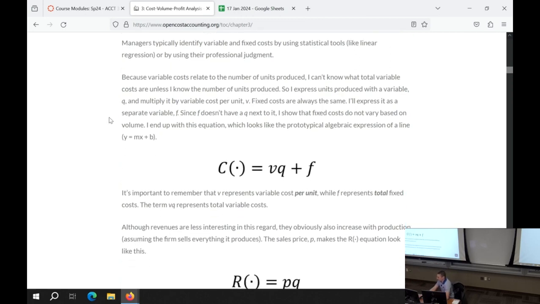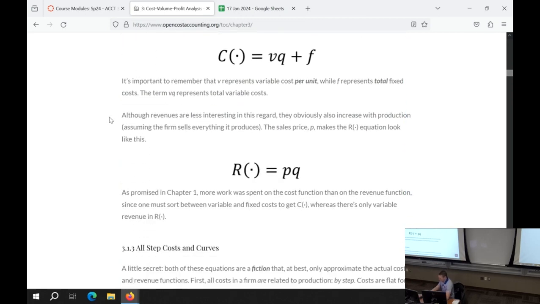Anyway, I'm not fixating on the idea of mixed costs. We can separate them out into variable and fixed components. And here's why I have them. V here stands for the variable cost per unit times the quantity of units. So naturally, this chunk, VQ, is the variable cost, and it goes up and down with the quantity, which is the volume, the quantity of units we're producing and selling.